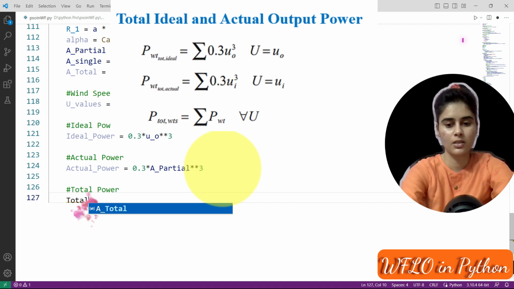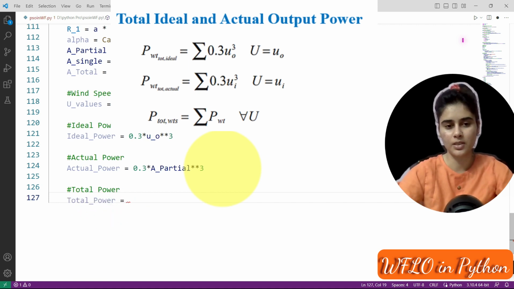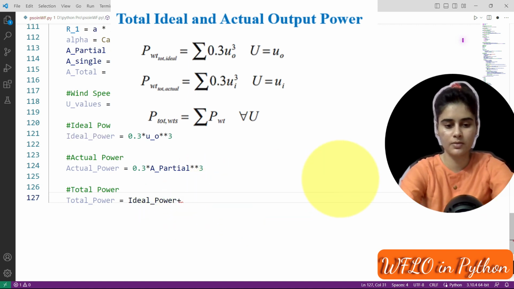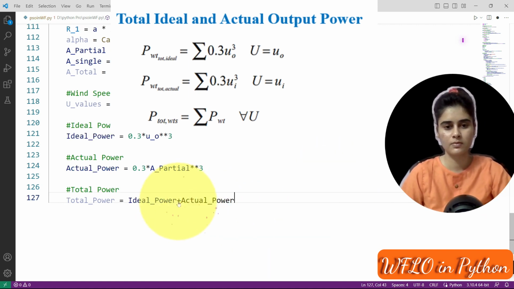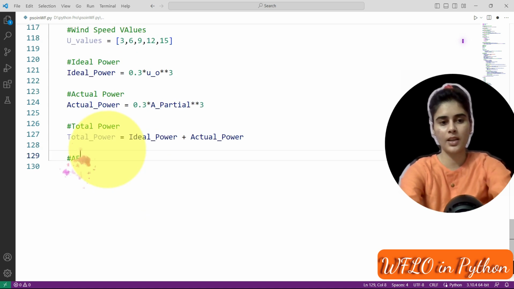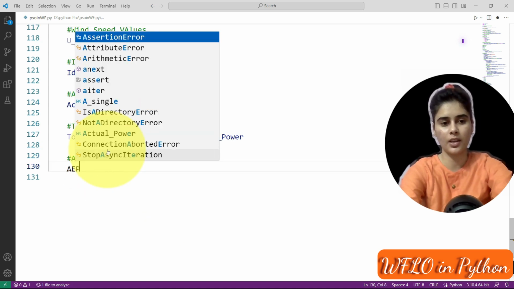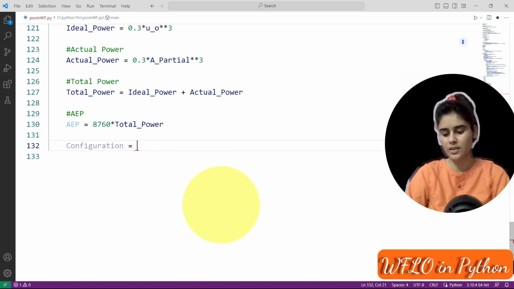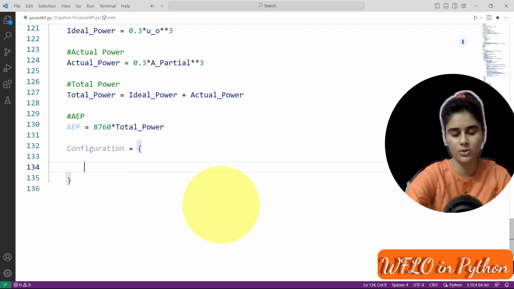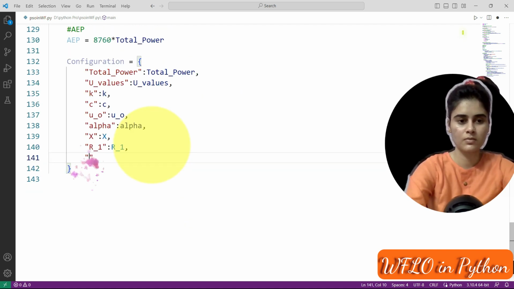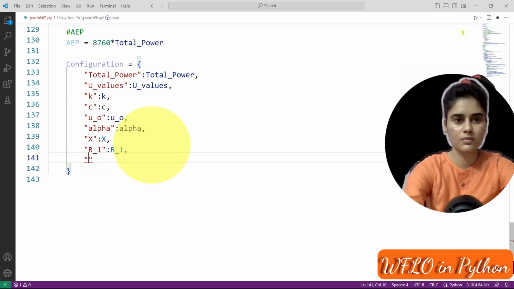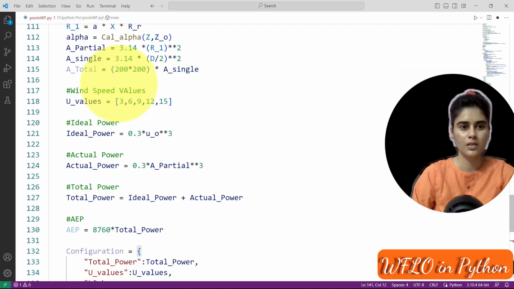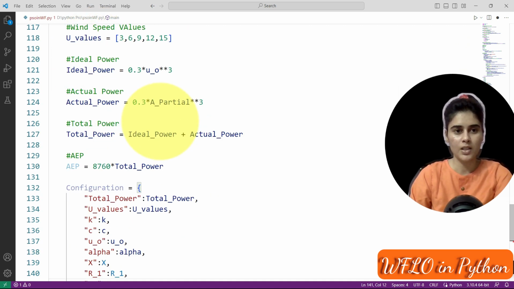So the total power is equal to ideal power plus the actual power. Next we have the annual energy production calculation, AEP. Next we have again a dictionary for the values that are used in PSO for the calculation. Here we have a partial and a total.